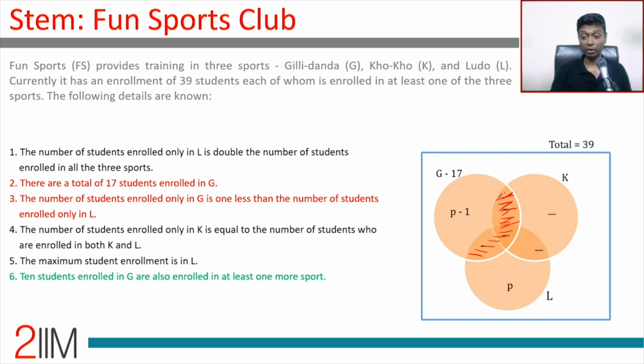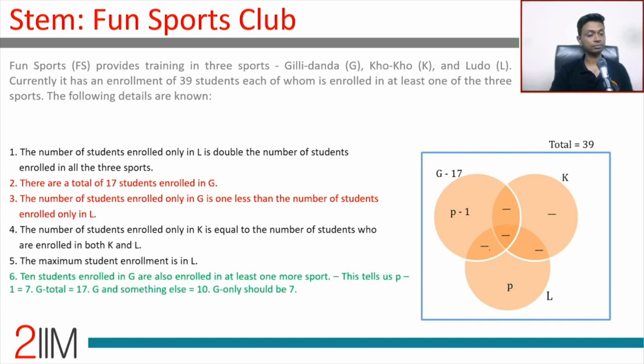What does that give us? There are 3 different regions here, but we don't have to worry about those 3. Those 3 add up to 10. What we know is this remaining is 7. This is 7. It should be 8. Fine. So this being 7, this being 8 is a big giveaway. Fine. Now let's see what else is clear.